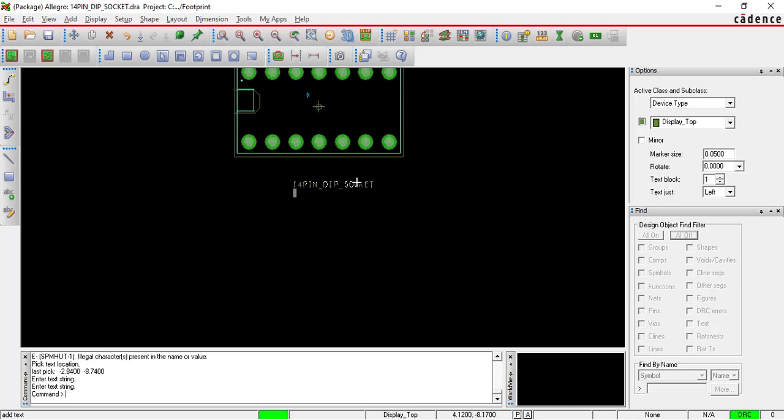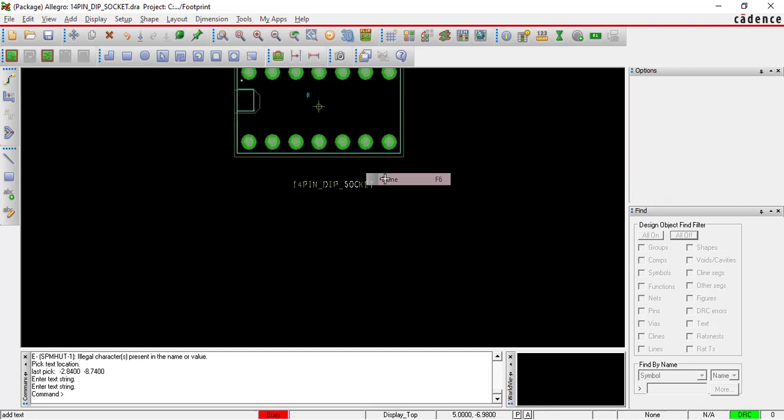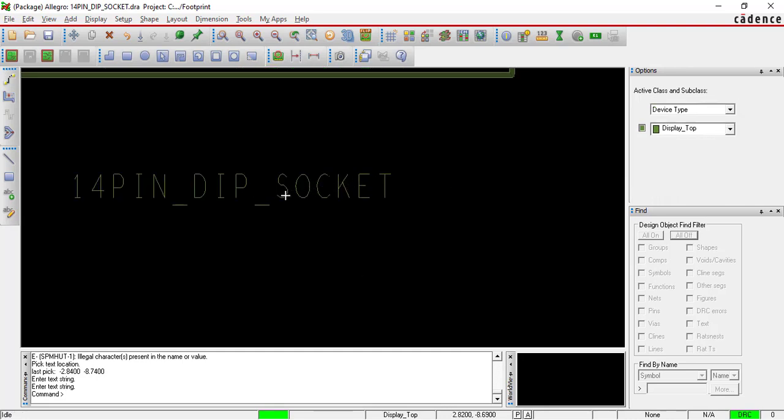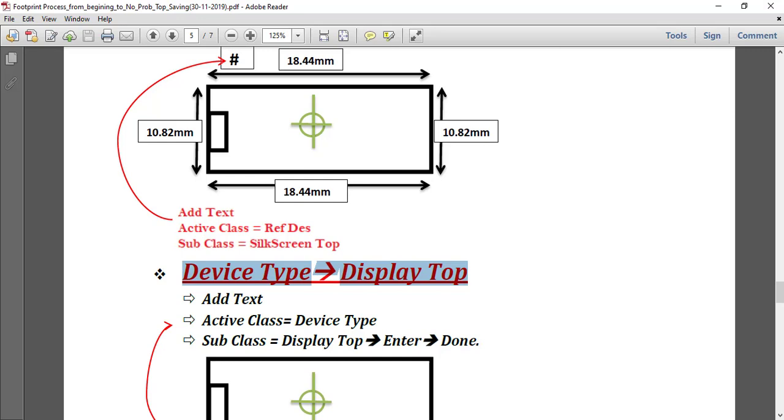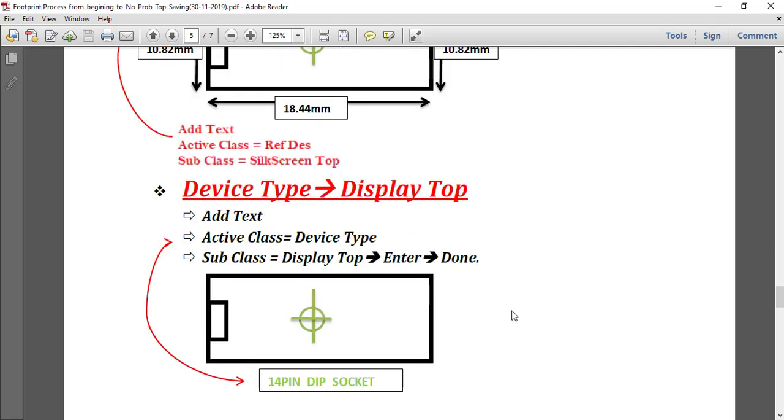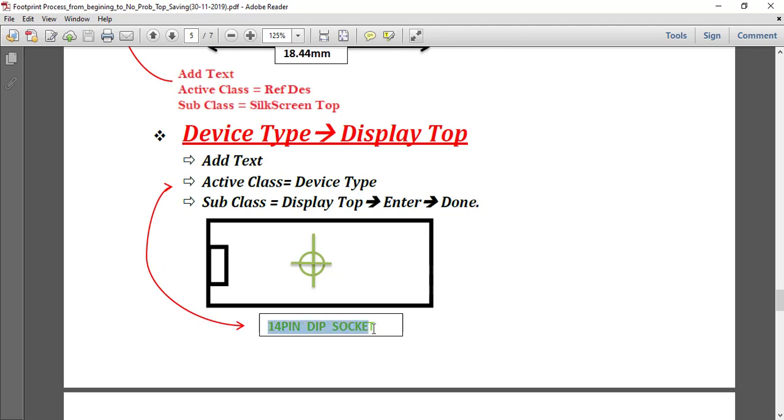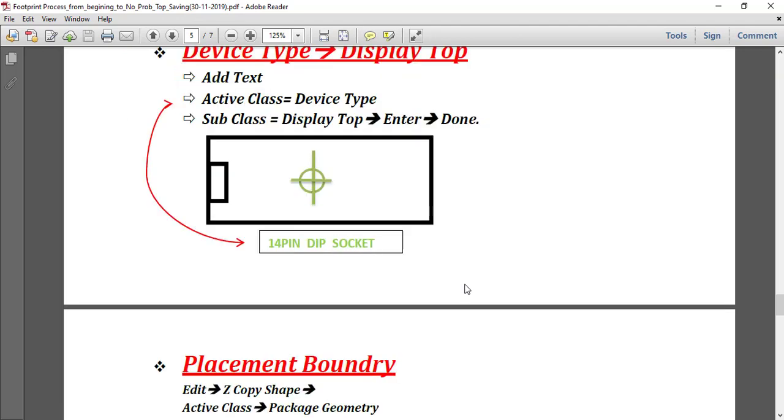Enter. Now done. See, this is our device type, display top. Now device type, display top over here. This I have already provided.